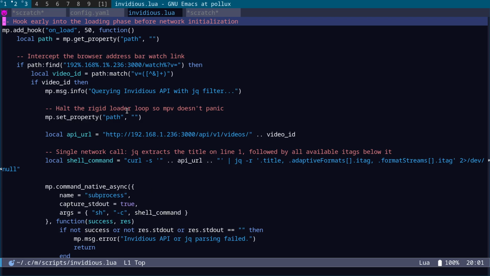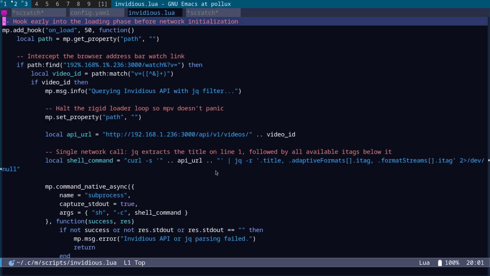and get the MPD manifest file and search through the file using both curl and jq, which you'll need installed, and it will get the title of the video, and for any video you'll find streams from 1080p downwards. So I've specifically set it to not fetch 4K videos because they just take too long to buffer up. So what this invidious.lua script does, as I said, it will